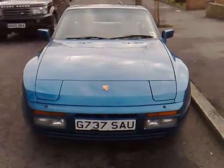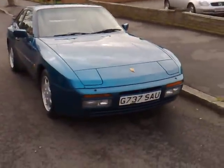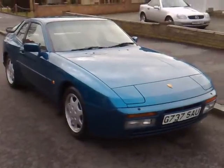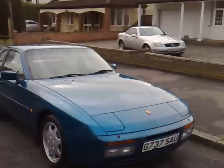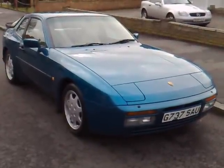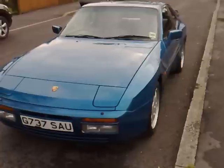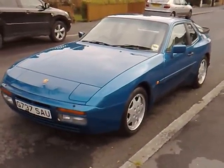The vehicle really does make for a pleasure to get into and behold. It's just a thing of legends, really, the 944, and this being the S2, the drive is slightly tighter, and you really do get a feel of an era gone by when quality actually did mean something to car manufacturers. And the history file and paperwork on this vehicle, with its brand new MOT, tax, power steering, leather interior that is all piped,